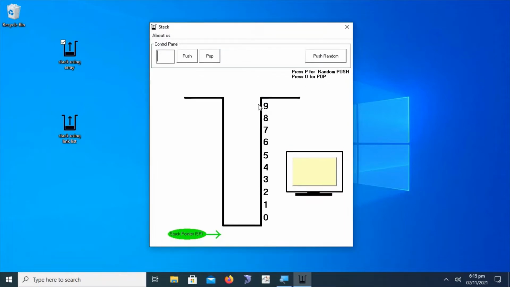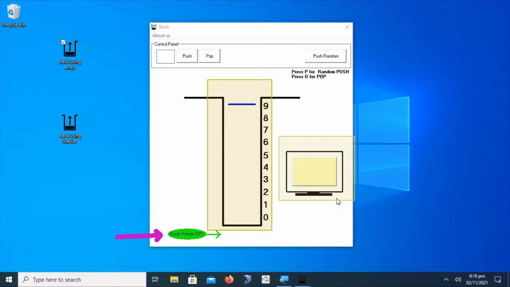This is the animation of stack, implementation and working. So let's start understanding how this animation will guide us to learn about stack. This is basically a stack which will carry approximately 9 items. This is the stack pointer that is initialized with a value before zero index, meaning -1 or something. This is the output window that will show output whenever a stack is popped.